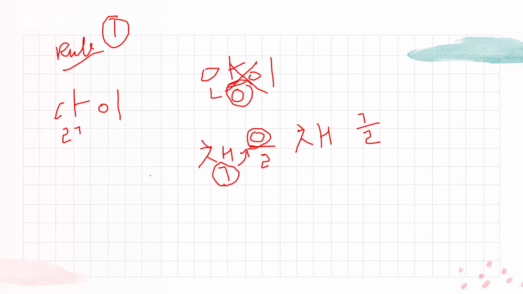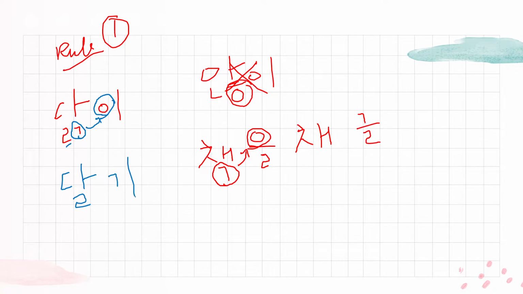Okay, so we studied this, right? Something related to this happens the same way if you have double bottoms. What you do in these types of words is that the first one remains as it is. You take the second one, the second bottom, and you shift it over here. Remember that you can only shift the bottom to the beginning of the next syllable if it has ieung in the beginning, because ieung is silent and you can shift it over there. So thus it would become